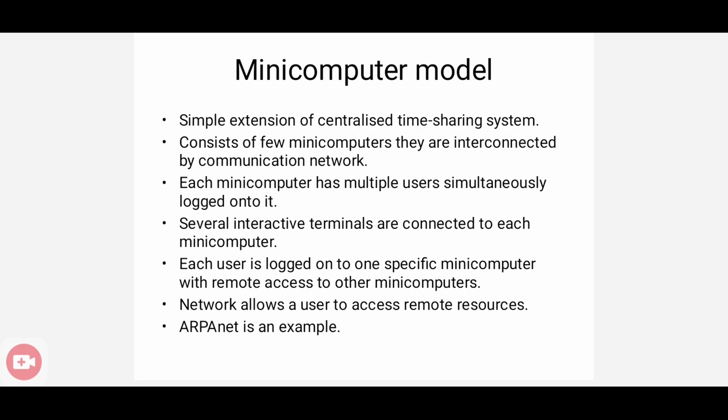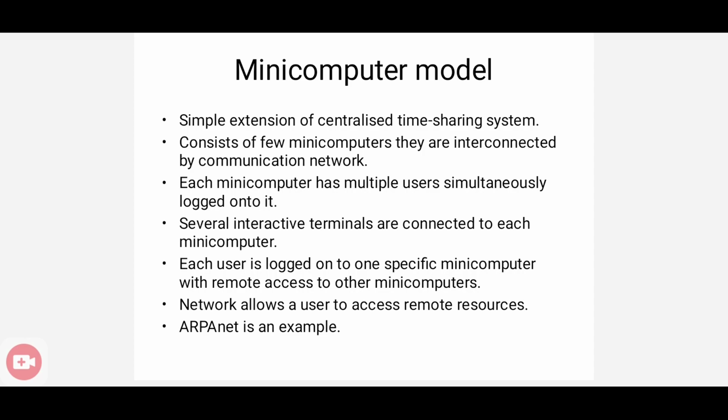Also, several terminals are connected to each mini computer, so each user can use a particular terminal to log on to that mini computer. Also there is a remote access mechanism. That means one user can log on to a particular mini computer and access the services or resources from any other mini computer. One of the main examples is ARPANET.